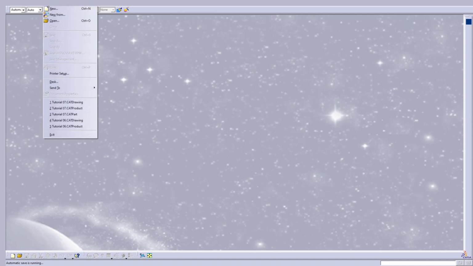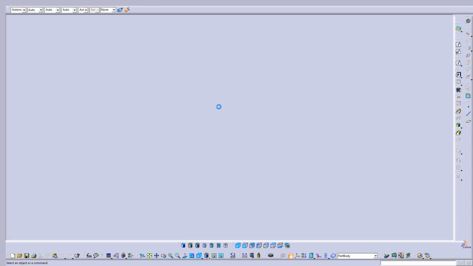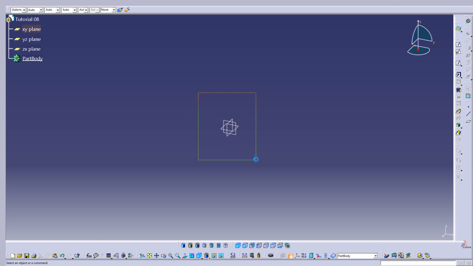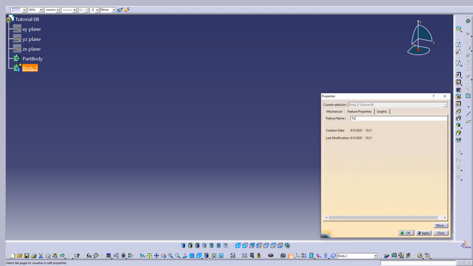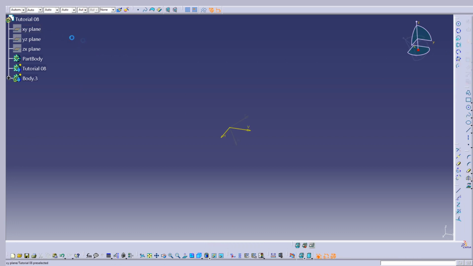We click File, we click New, we select part, we rename it Tutorial 08. Click OK, hide the planes, insert body, right click, properties, rename, click OK, insert another body, click on sketch, select the plane,